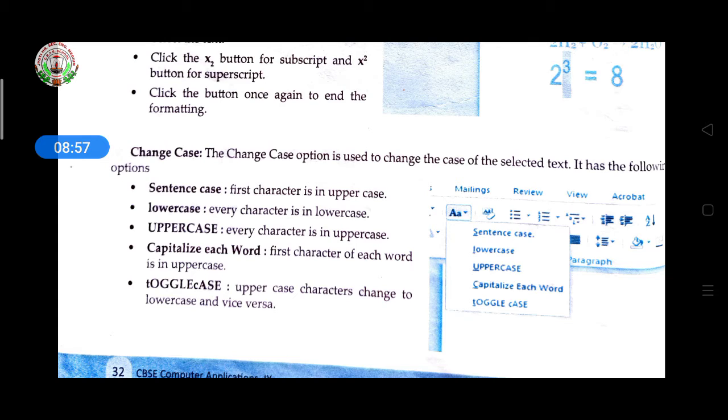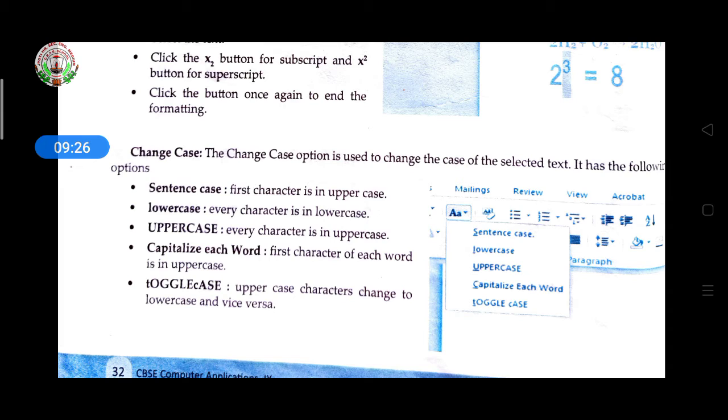It depends on you how to write a document. If you are writing a sentence, the first character is in uppercase. So always when you start writing a sentence, the first character should be upper case, and you can select that from sentence case. Then if you want to type in all lower format, lowercase meaning small size, or in capital size, you can select lowercase and uppercase.